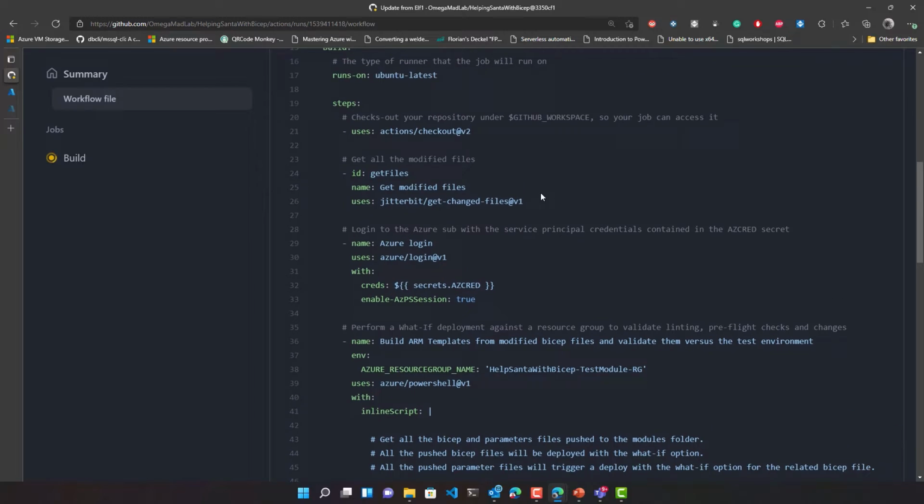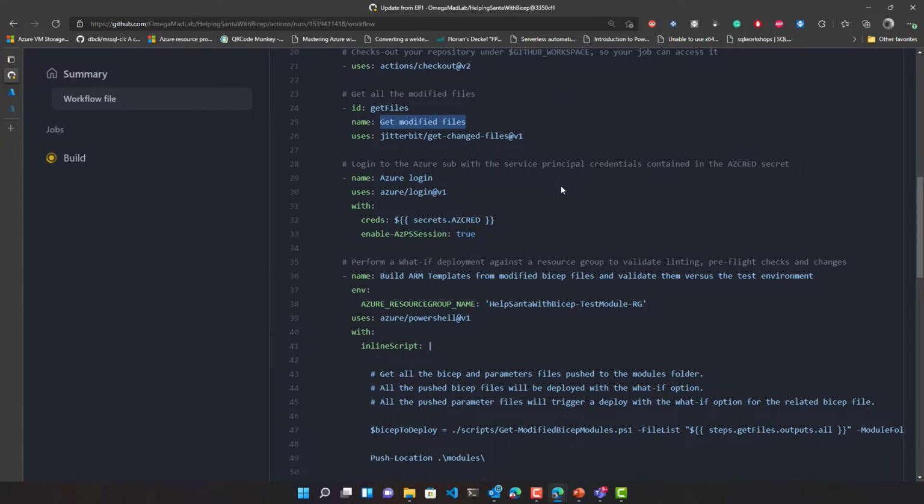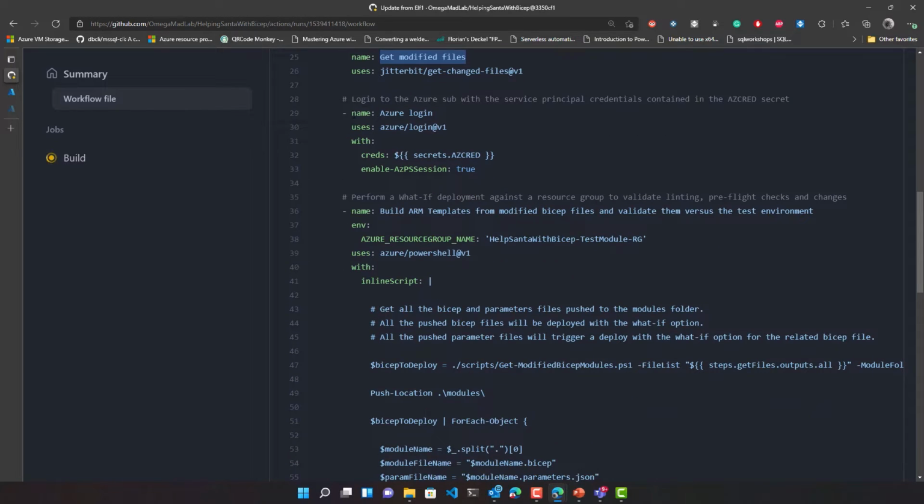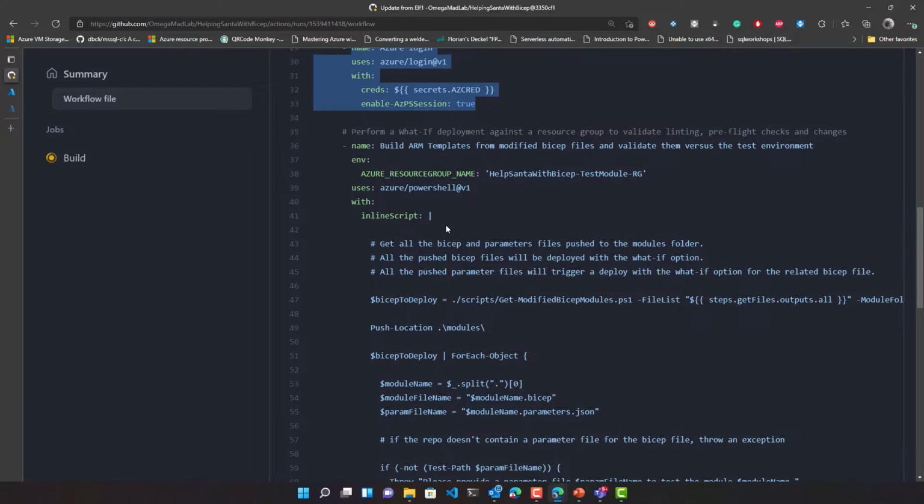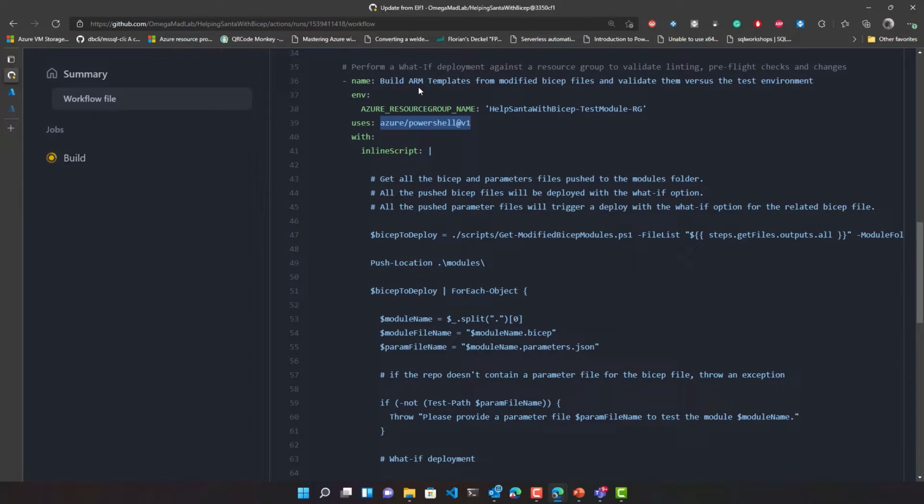One, this is an action I found in the marketplace to get the modified files from the different commits, and then after doing an Azure login, I use a PowerShell action that builds the ARM templates for the modified Bicep files and then validates them in terms of linting rules, pre-flight validation checks, and then this action also deploys the Bicep file to a test resource group.